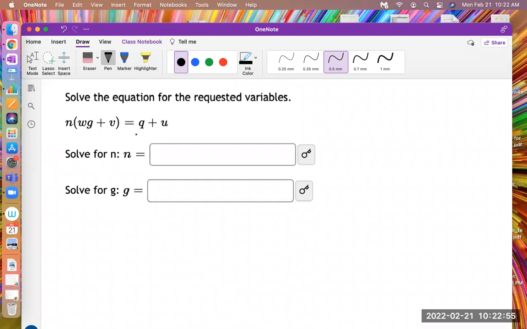Usually when we have an equation, there's one letter in the equation and we have to solve for that one letter. It's usually X. But here we have lots of letters. So we're just going to pretend like they're numbers and solve them exactly as if they were numbers. And the only one we really want to solve for is the N. So just like when